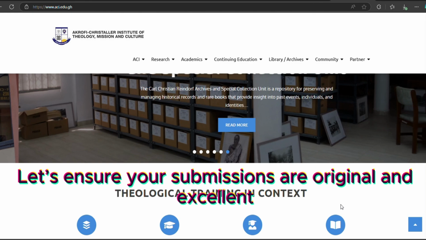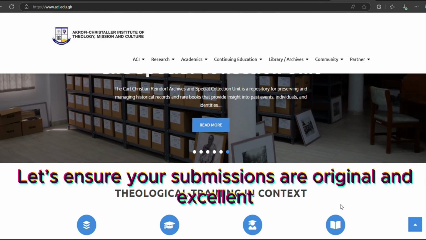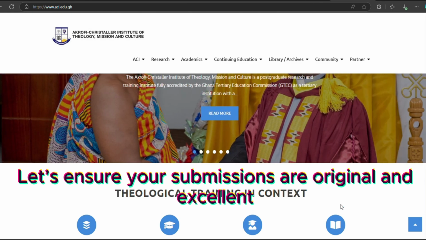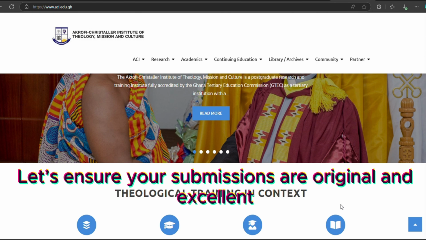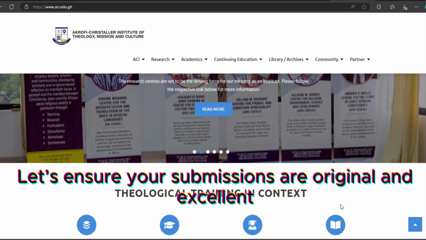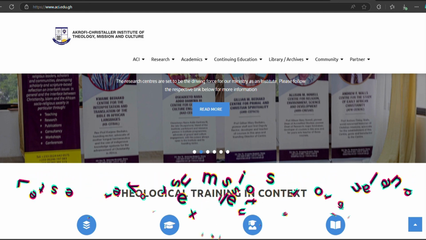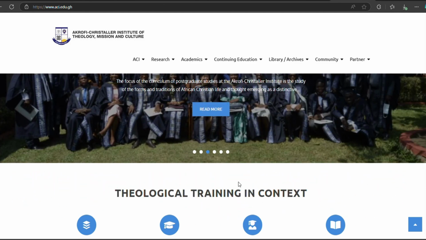Unintentional and intentional plagiarism. This is basically what we call Turnitin. So we are coming to turn in our project or document. So what you need to do first is to